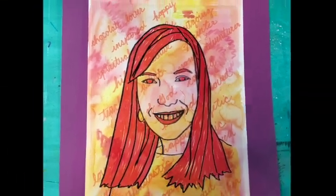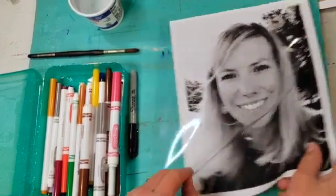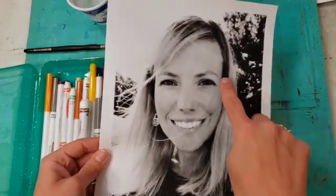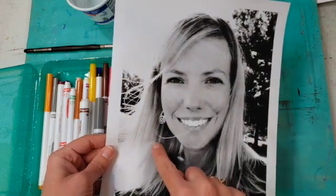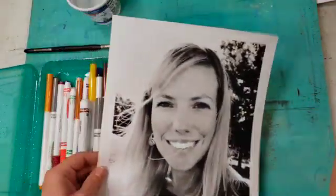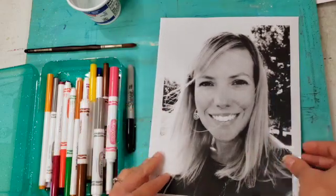Today we'll be making pop art style self-portraits. To do this, I am going to have a black and white portrait printed off. It's about 8 by 10. I increased the contrast so you can see my darks are very dark, my lights are very light, just to help simplify it. I have a clear sheet